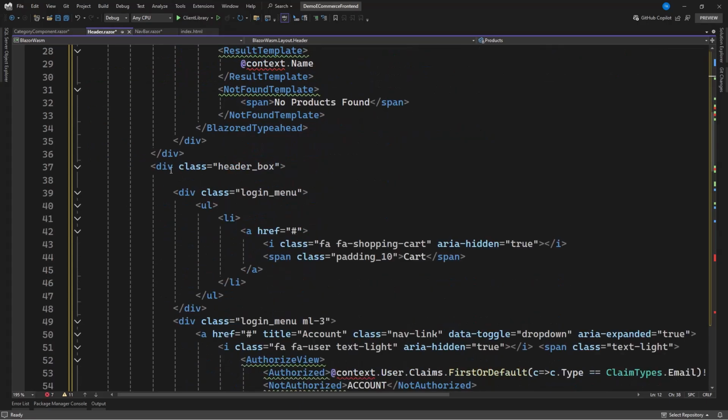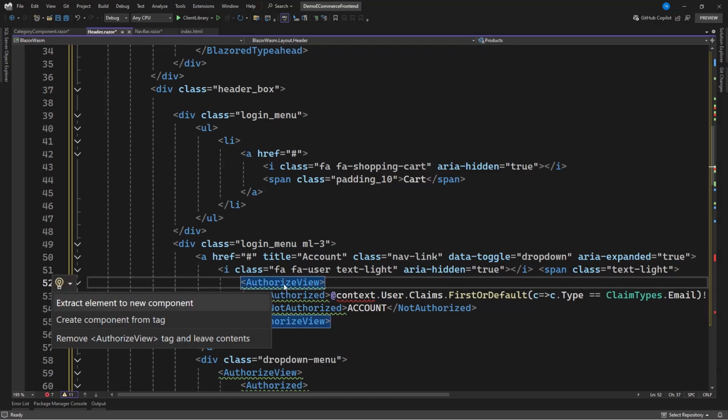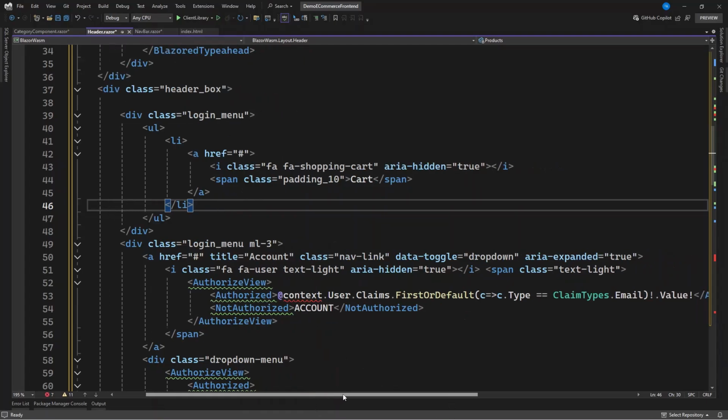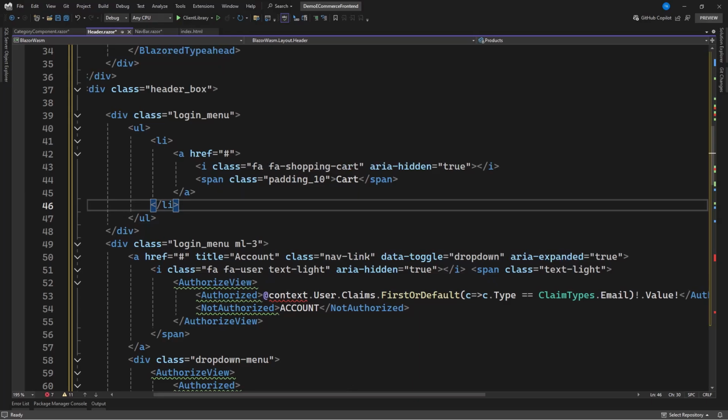Now check here. When you come to the header box, it's the same thing. From the login menu, it's the same thing. And now when you come here, we want to use an authorized view. And here, I think we need to build this or close and open it again. We want to get the user's email and then display it. So when you check this UI,